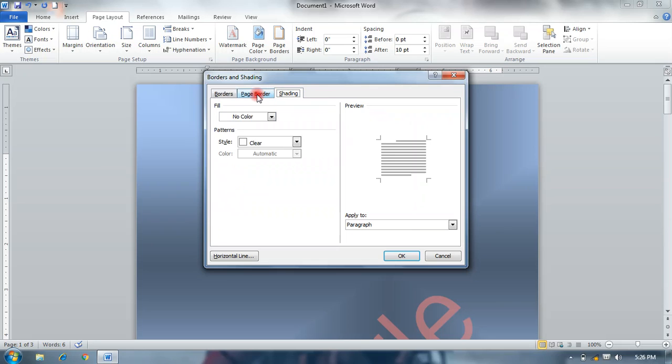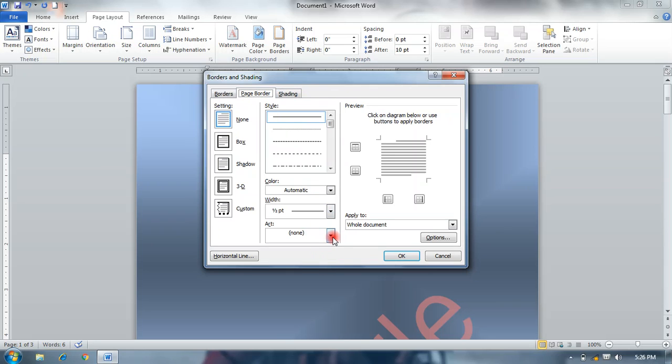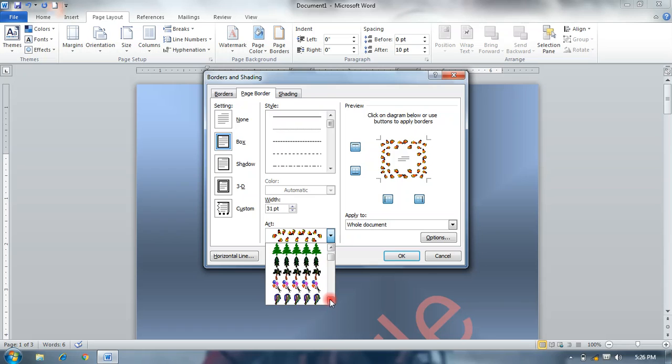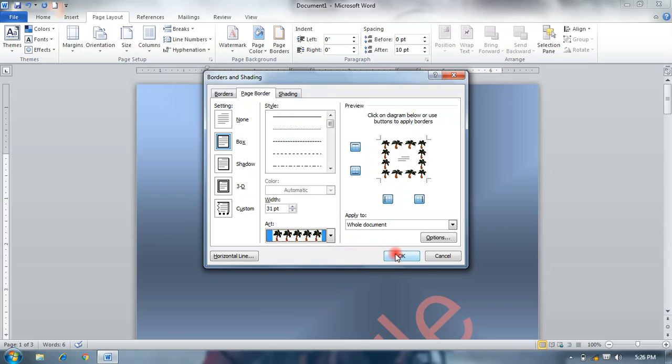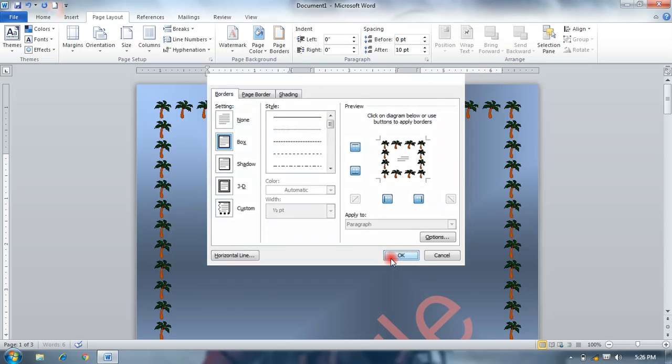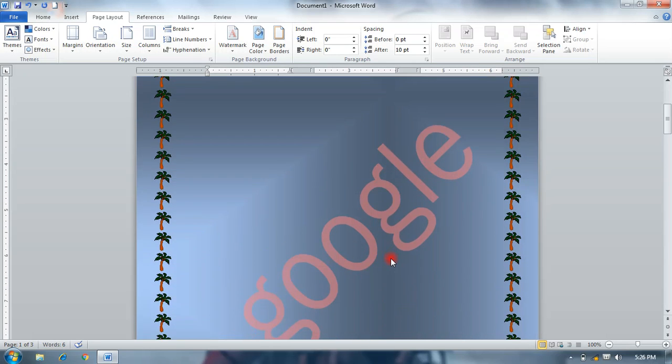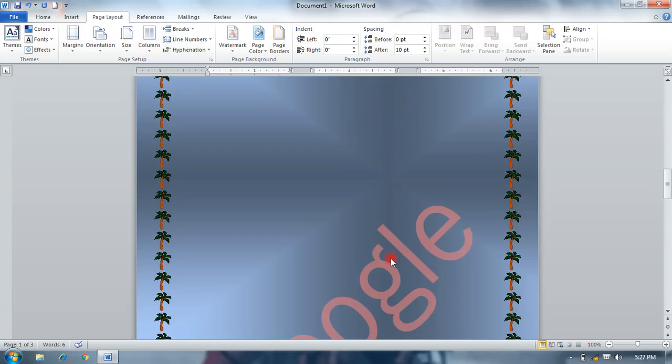Shading, page art, from here we give in arts, and from this we select any page border, okay, this is applied like that. Okay, this is the page border option.